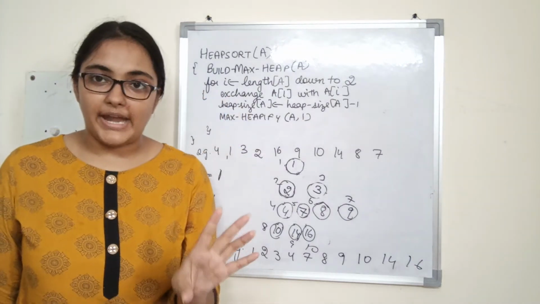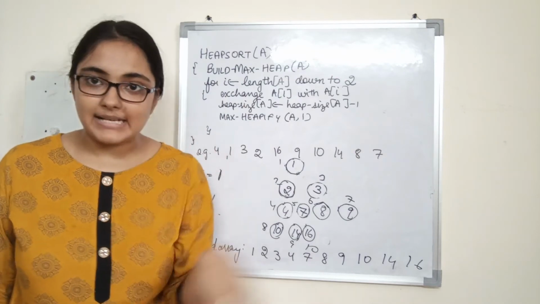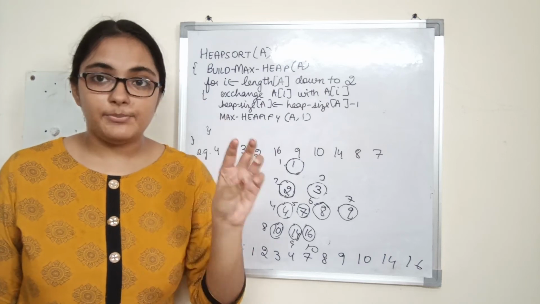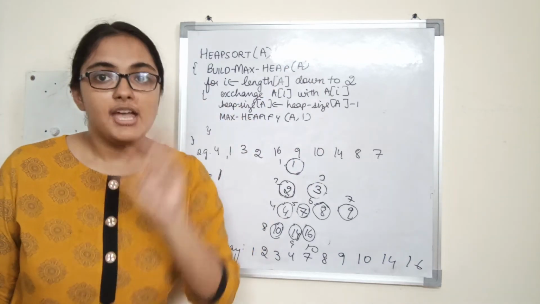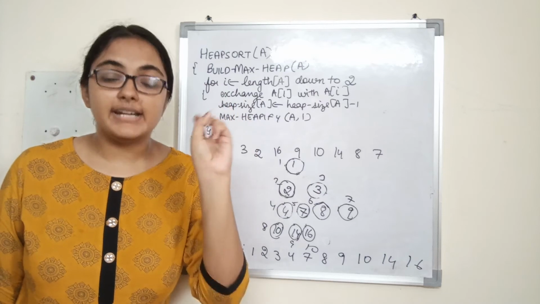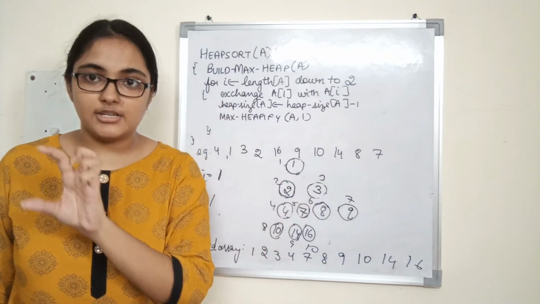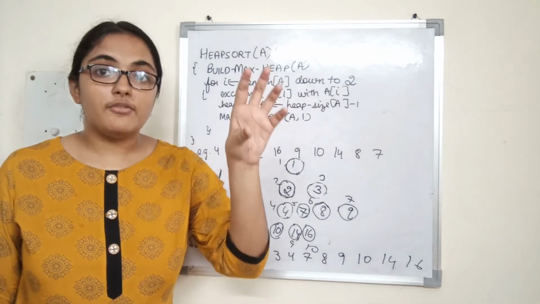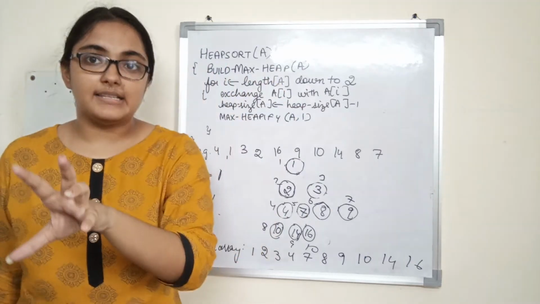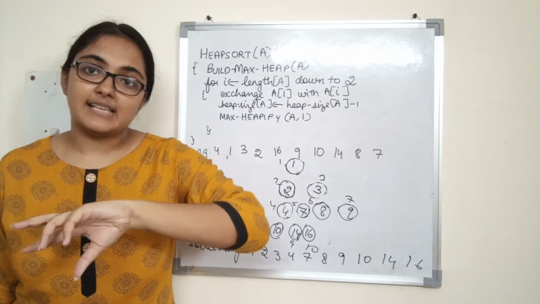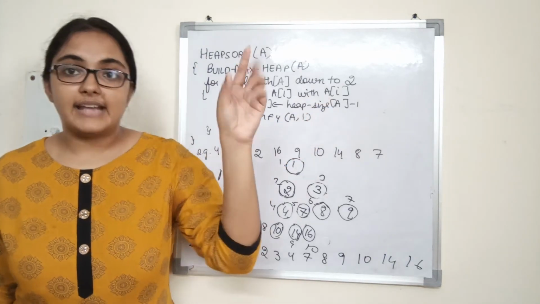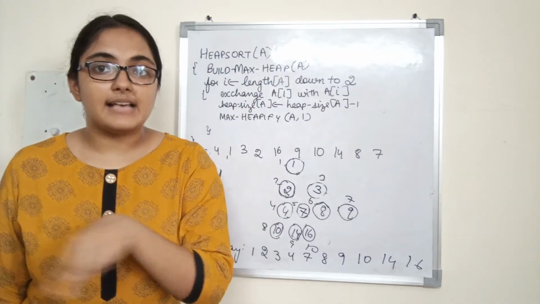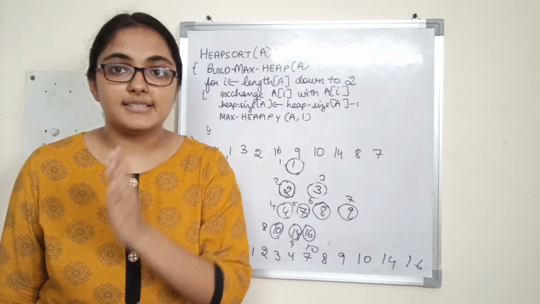At every point we build a max heap. Now the max heap contains the maximum element at the root, so we place the root at the last position. Why? Root contains the maximum element. When we are sorting the array in increasing order, the maximum element should be present at the last position. So we exchanged the last element with the root element. Alright, and then we call max heapify on the root element, excluding the last element. Why? The last element is already at its correct position.